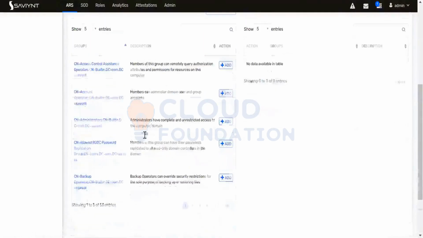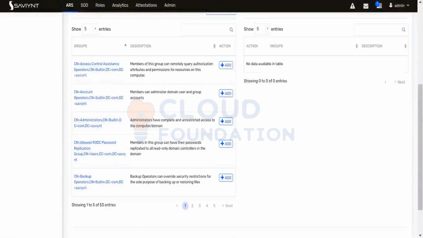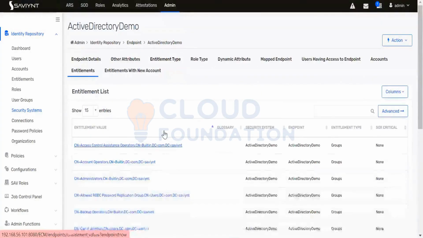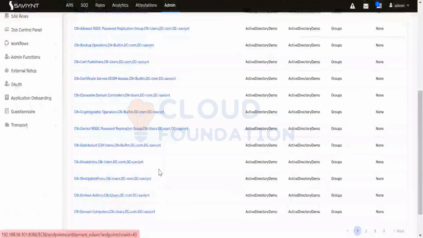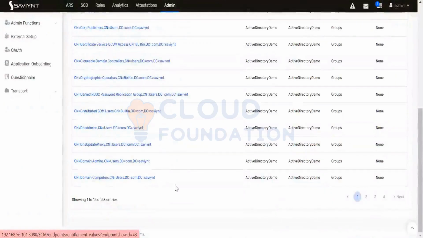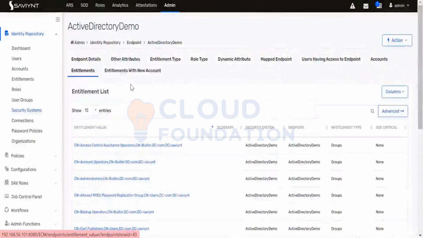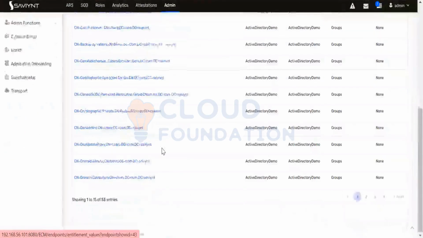Many of the entitlements will be worthwhile, and many of the entitlements will be for different purposes. All the entitlements shouldn't be requestable by the end user. To stop that, and make a few of the entitlements requestable,